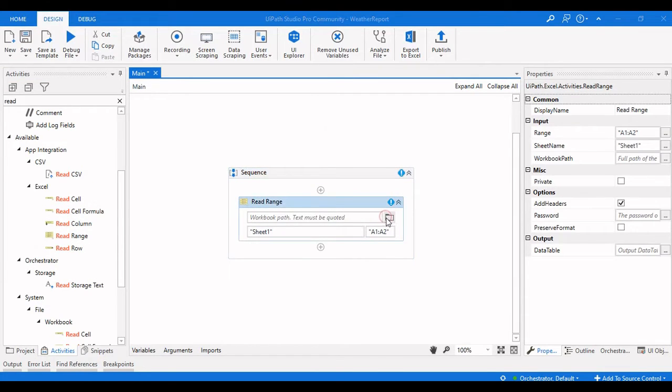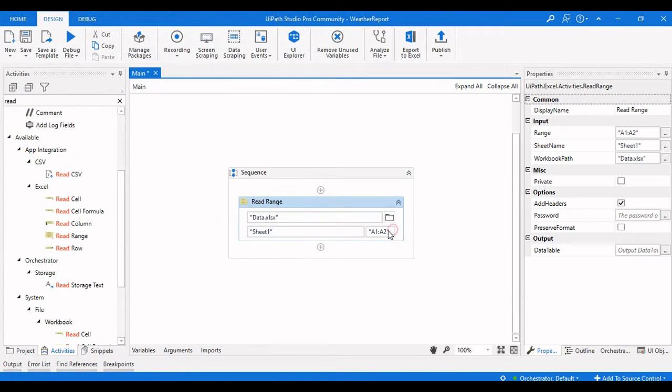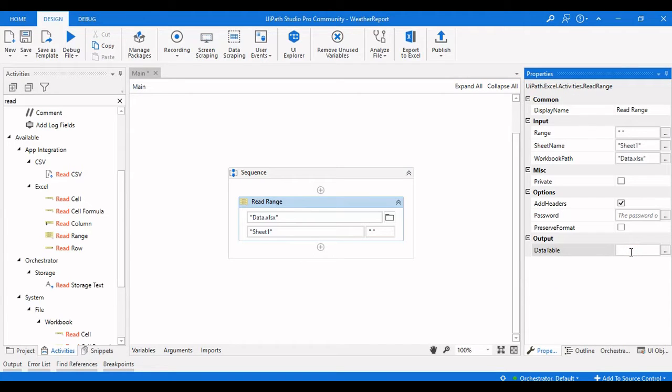So here we will use the path, and then the range, it needs to read the whole range, and give us an output variable here.